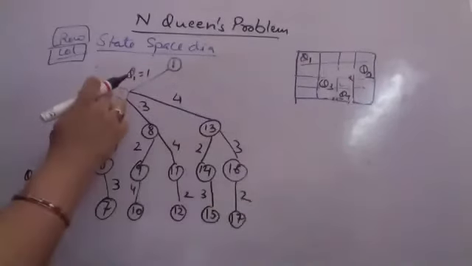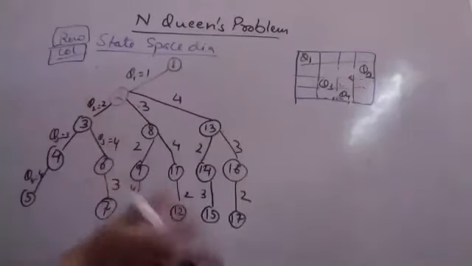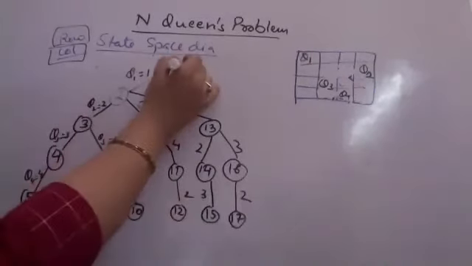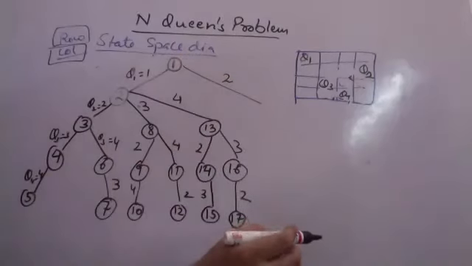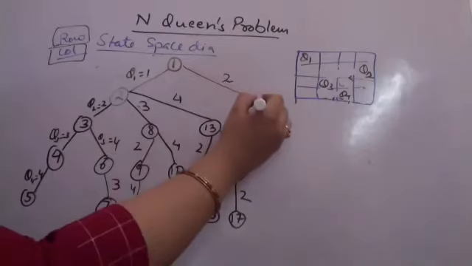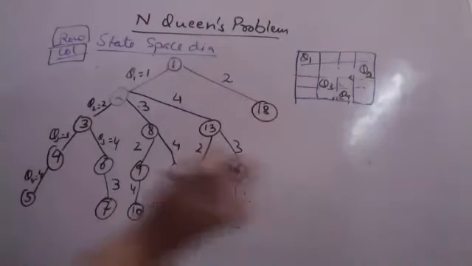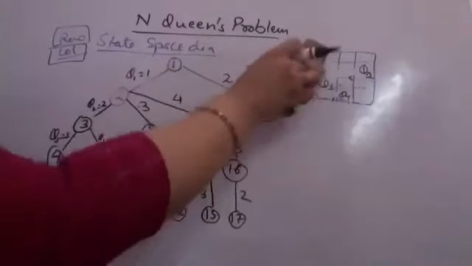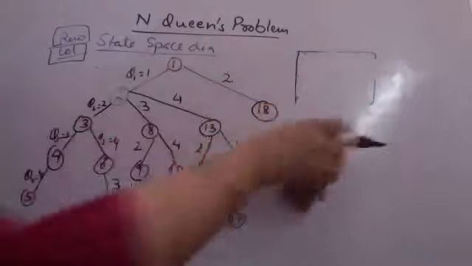Again go back, change the position. Now no other position is left for Q2. Change the position for Q1. So Q1 has been moved to the second cell now. After Q1 moves to the second cell, again there are many possible solutions. We are just trying to look at every one. So I will be changing the position of Q1 now to the second column.